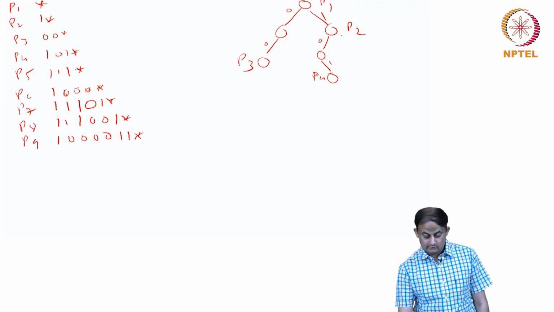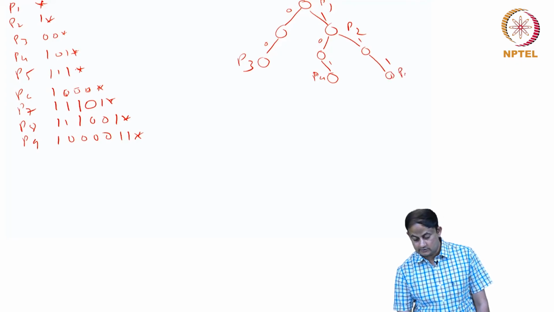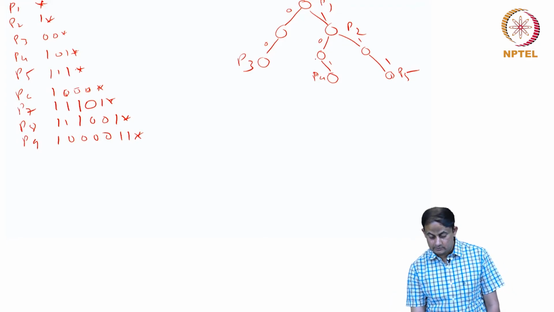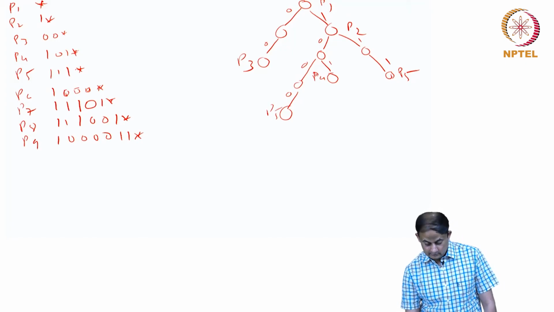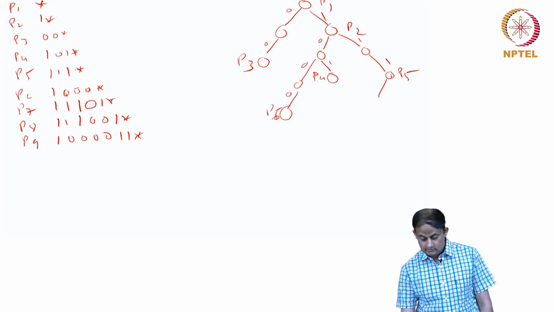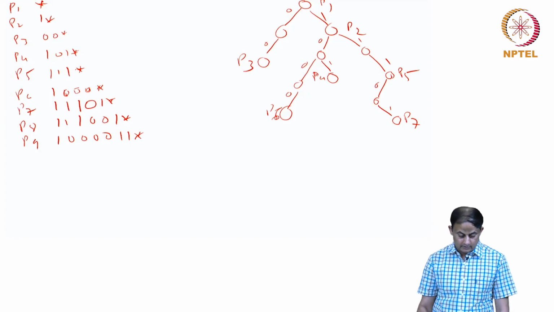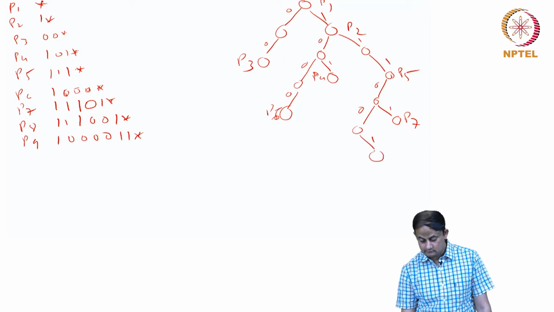P5 is 1 1 1. So on the right and 1 on the right, this is my P5. P6 is 1 followed by 0 0, 1 followed by 0 is there, you take the child and then the 1, this is my P6. P7 is 1 1 followed by 0 1, so 0 and then 1, this is my P7. P8 is 1 1 followed by 0 0 1, so this is 0 and then 1,